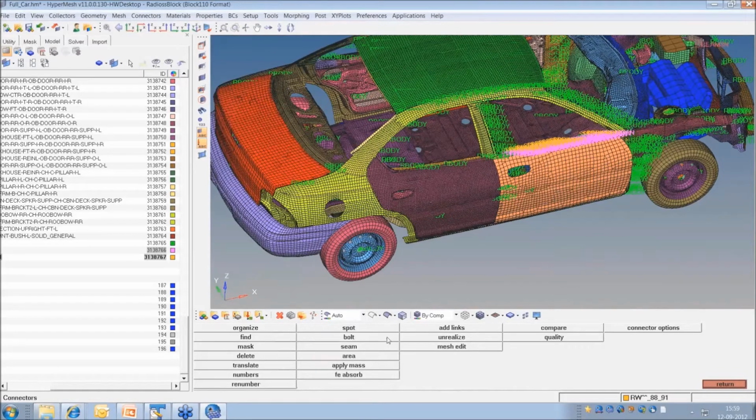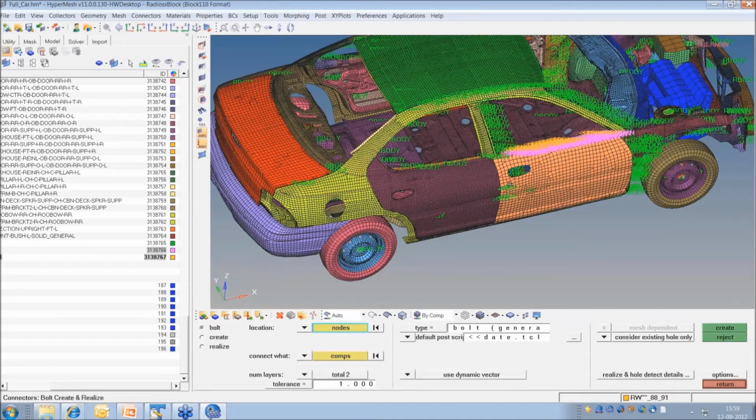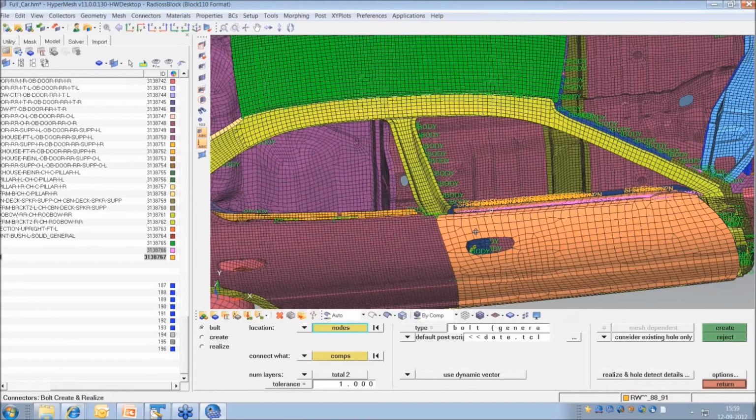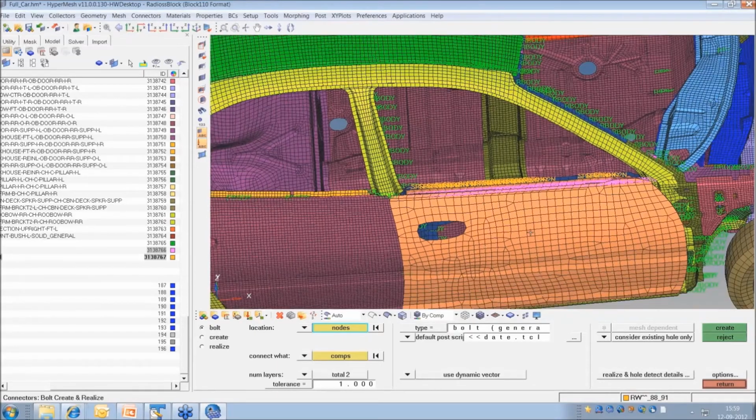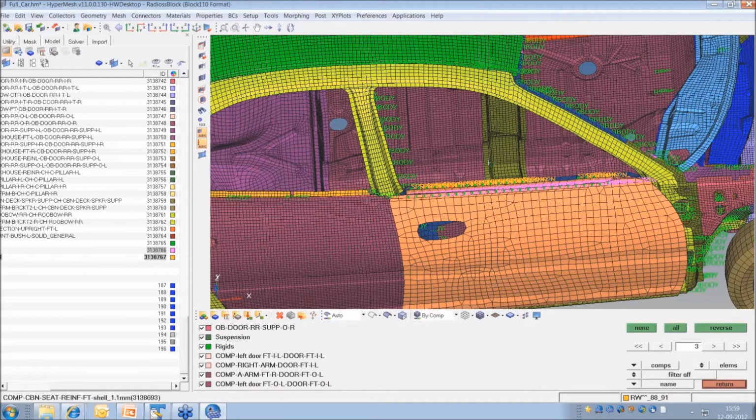You can also create a bolt, which I am not showing here. Normally, a bolt will be created in between two rigid elements. I can take a very simple example here to show it.